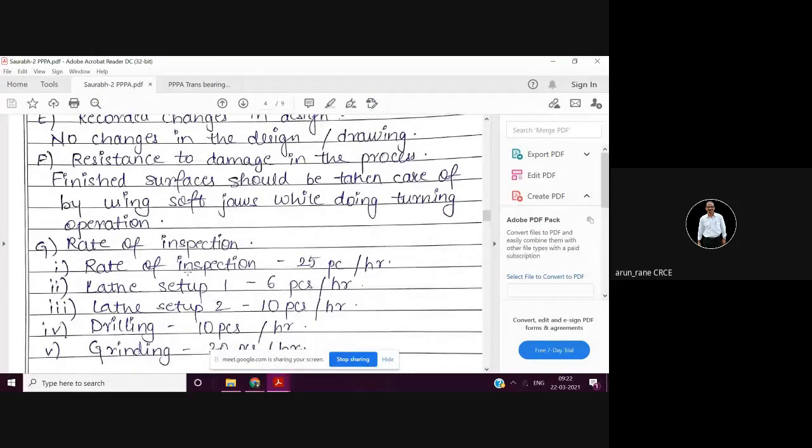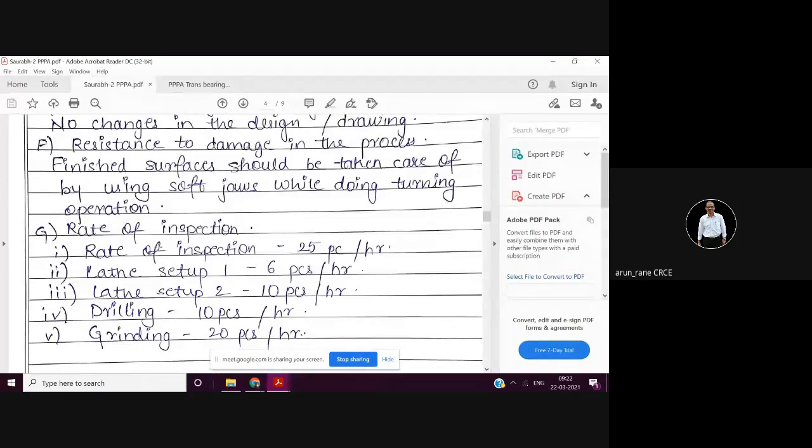Then this is actually rate of production. It is not a rate of inspection. It is the rate of production. There is a mistake here. This is your estimate. You are not calculating. I have not told you how to do the machining time calculation. So what will be the rate of production? You have to have your own judgment. One piece can take around 2 minutes, so around 25 pieces can be checked.